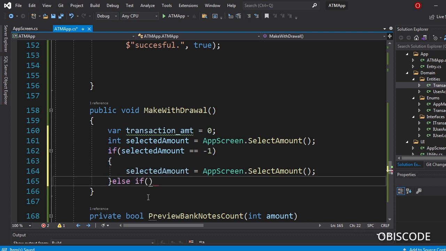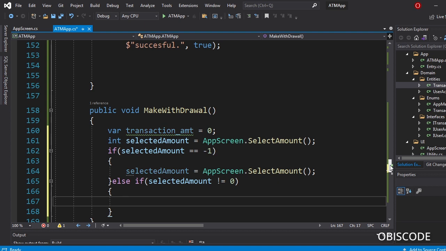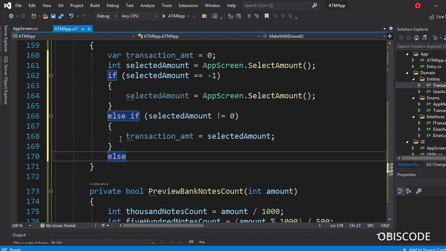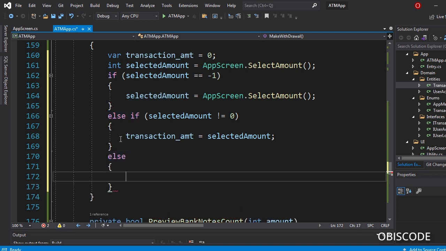Else if selected amount is not equal to 0, if it's not equal to 0, then transaction amount will be equal to selected amount. Else